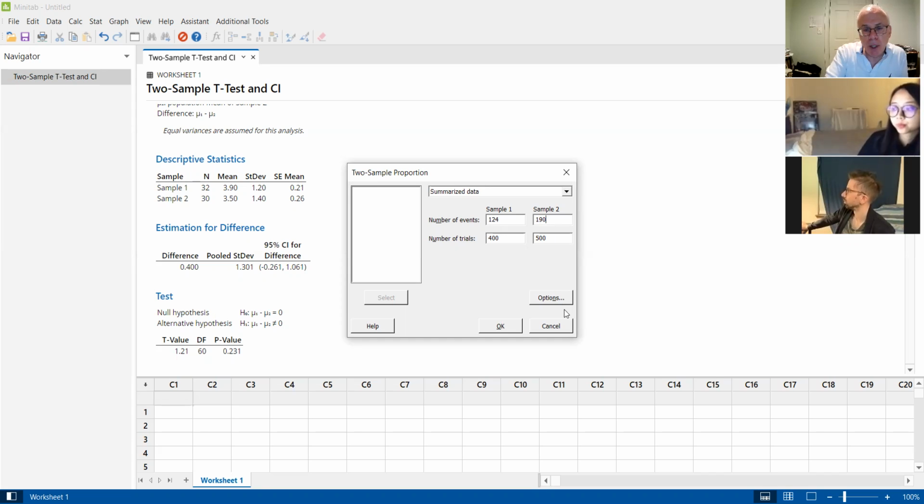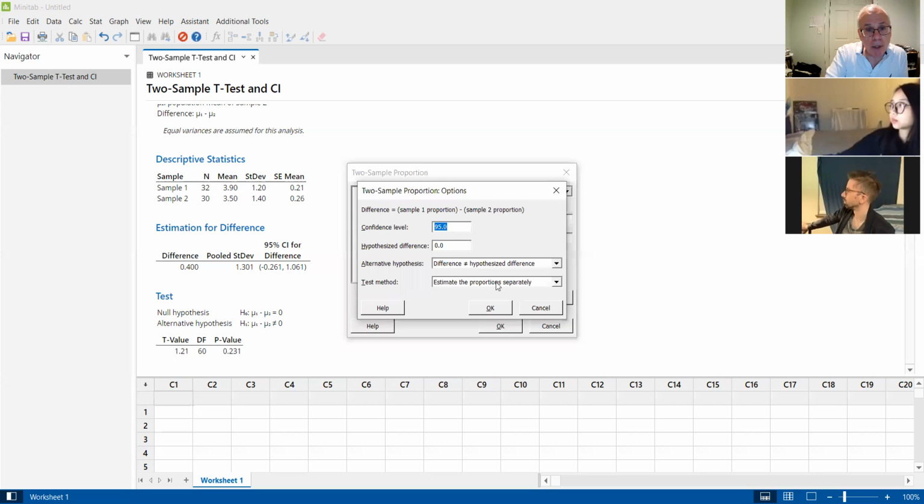All right. Now options, we have to go to options. The confidence level I'm not worrying about because that gives us a confidence interval, right? And it's not going to be very helpful, by the way, if we want to do a one-tail test. In this case here, it's a two-tail test, so there's no problem with that. The hypothesized difference is 0. And we want the alternative to be not 0, right? Because it gives us the 3 cases here. We're going to pick not 0. The test method,